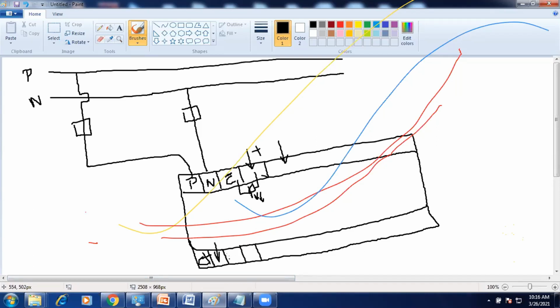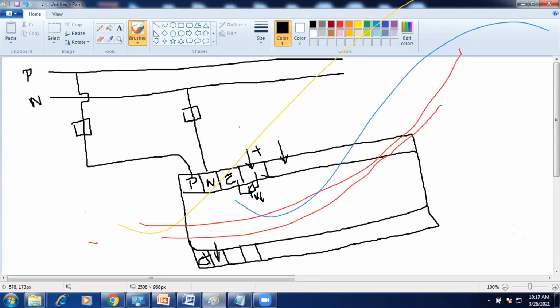What I am giving in the common pin, that value will go to the output ports. So this comes under the types of PLC based on input and then output.